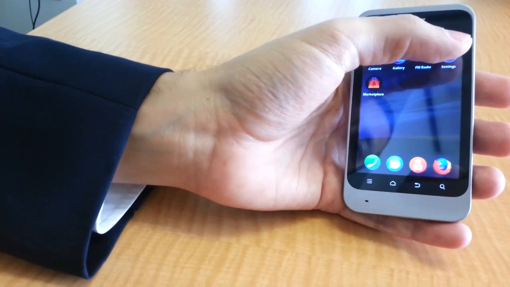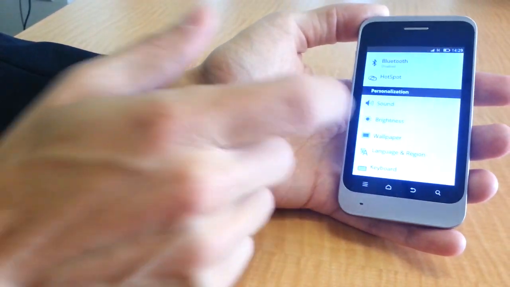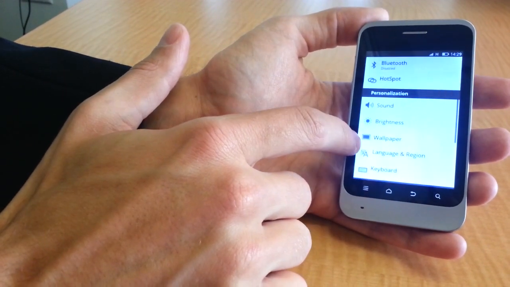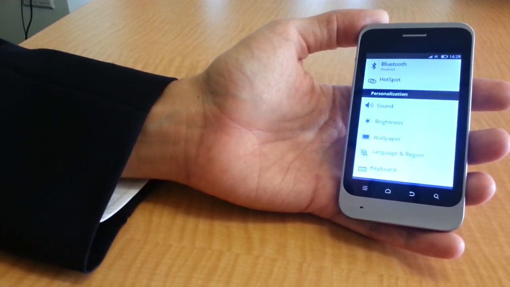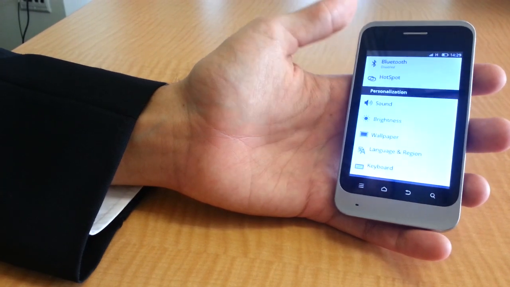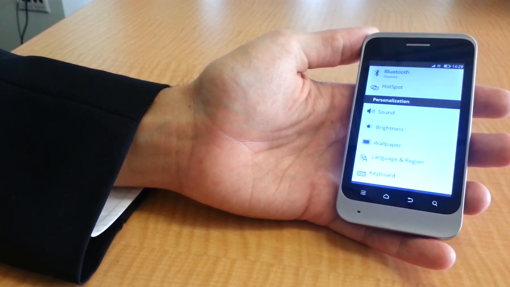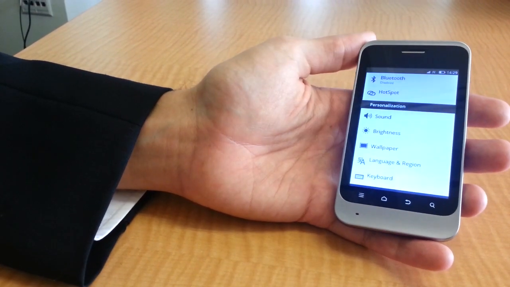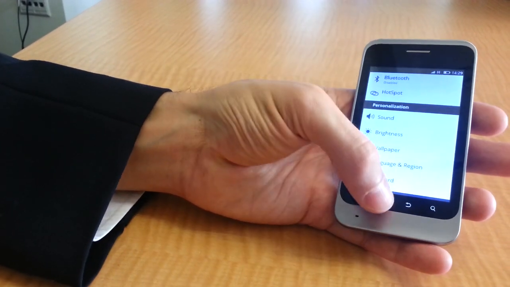Yes, it's all web apps. If you go to the settings application, for example, this looks like a very traditional settings application. The main difference really is that, again, this is all HTML5 and JavaScript. It uses all the new APIs we have defined to expose all the device functionality. So even the keyboard on this device is implemented using JavaScript and HTML5.